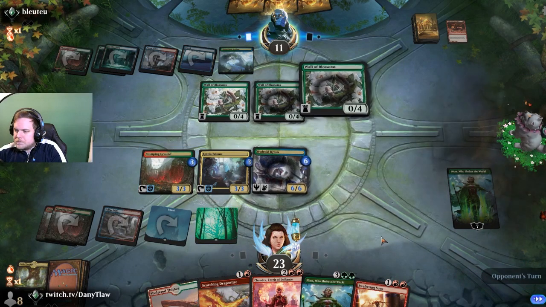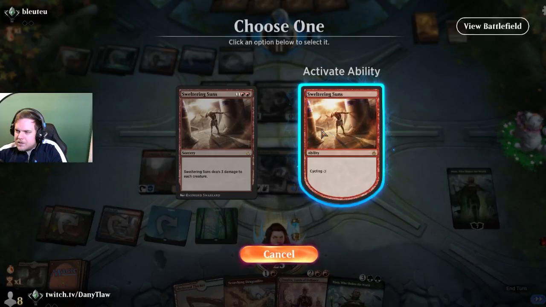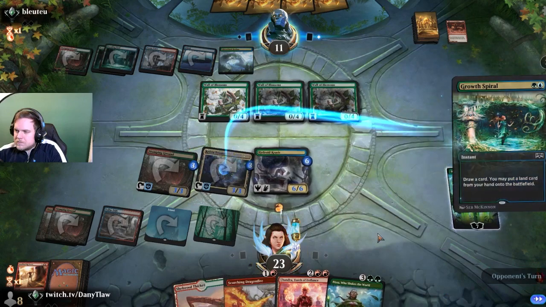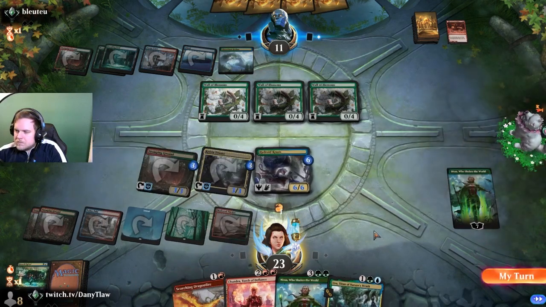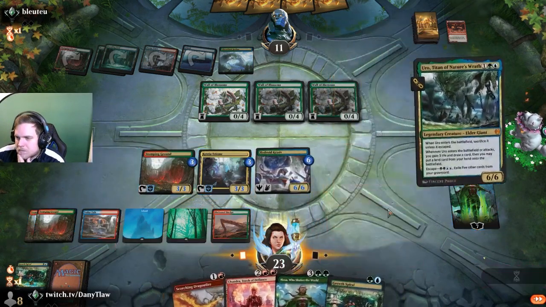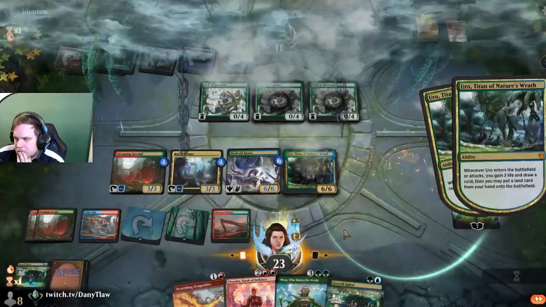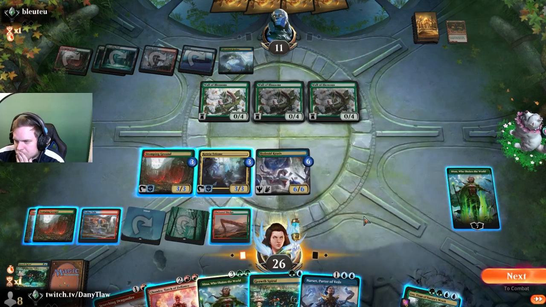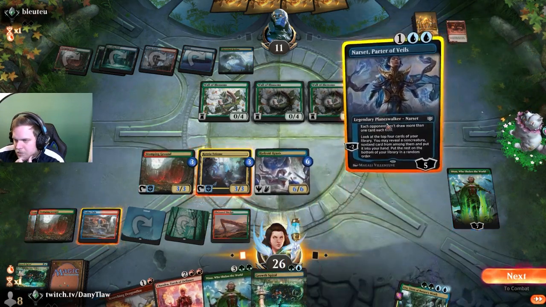Sure. That's a lot of walls. Okay, so we're gonna start cycling here. Okay. Going to do this with an Uro here. Still need to find some cards. Not optimal. I mean, we don't need those cards actually, but we...